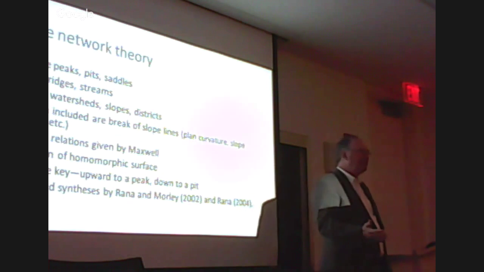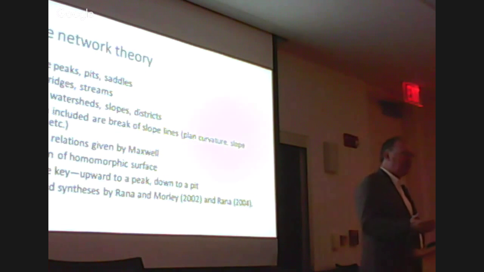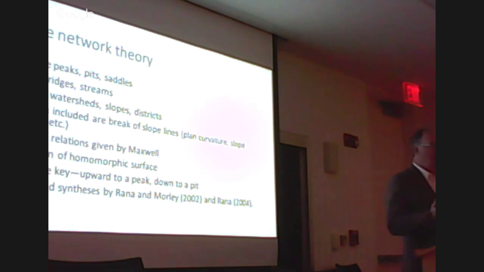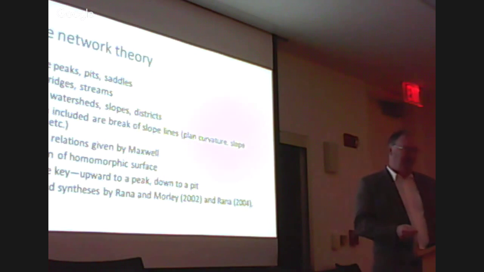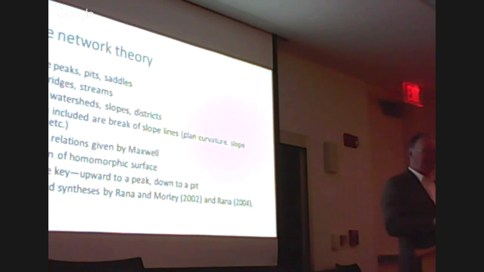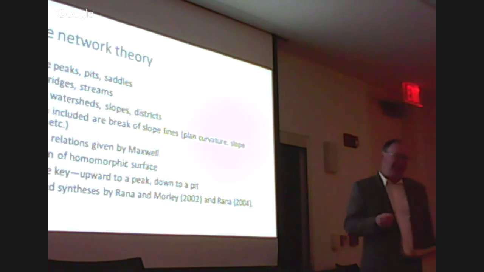Then we have linear features, perhaps the most recognizable ones are called drainages or streams, which are going to be followed by the drainage system, although not always. And their opposite, ridges, which we recognize on the landscape, sometimes a break of surface, a break of angle points. Often they're somewhat more arbitrary. And we have areas, and these can be watersheds, slopes, or what geomorphologists often call hill slopes, or what Crowley